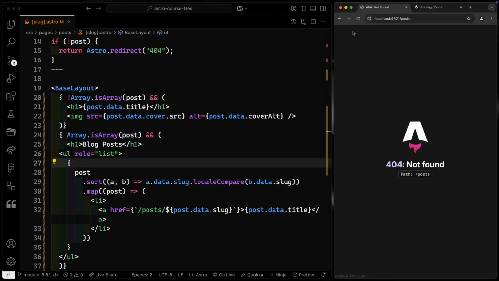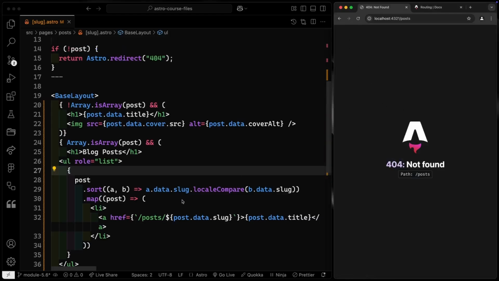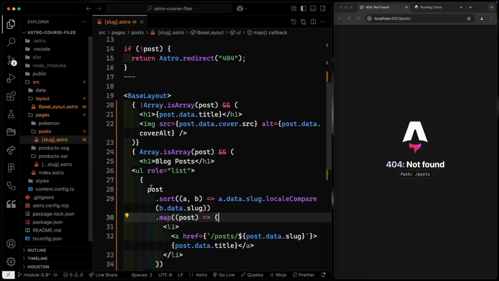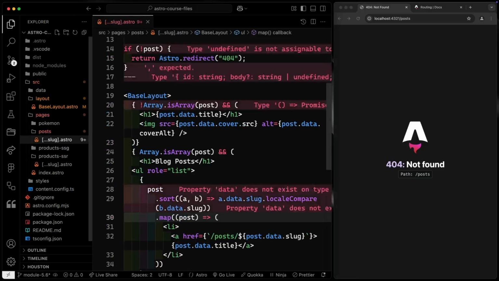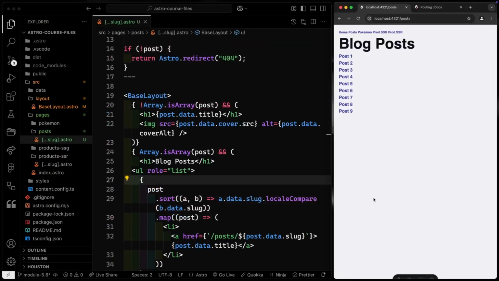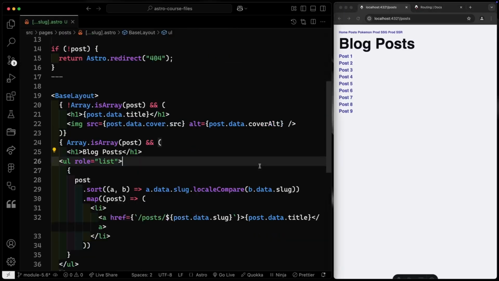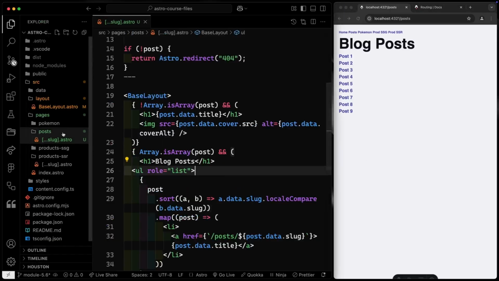Now, if we did that correctly, I should be able to come over to my posts and actually see this here. Now I'm not seeing it, and there's a reason why. Did you see what I did not do? I meant to actually make this a nested route, but I didn't, so it's only handling the slug. But now if I come over here, this should work right here. Okay, so hopefully you didn't have that problem like I did, but now we're handling both the index route and